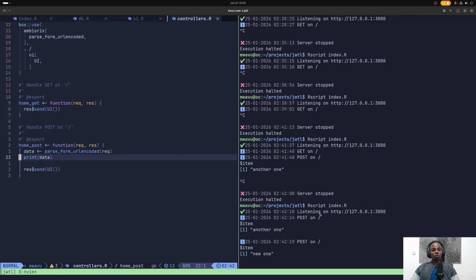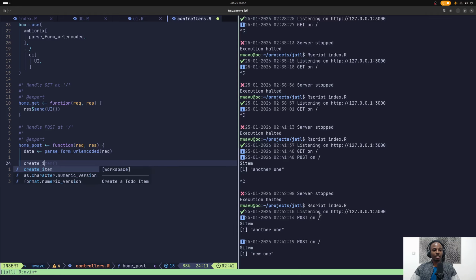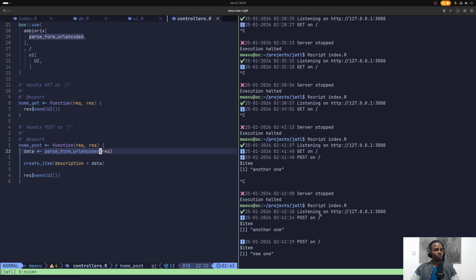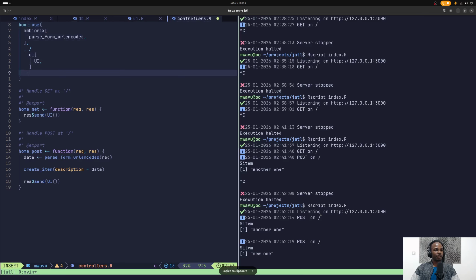So now what we need is to store this item in our database, right? And yeah, it's pretty simple actually. So all we need to do is say, I want you to create an item whose description is the data, right? And then what do we need? We need to import create item. So we are saying